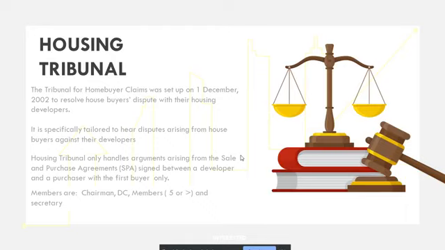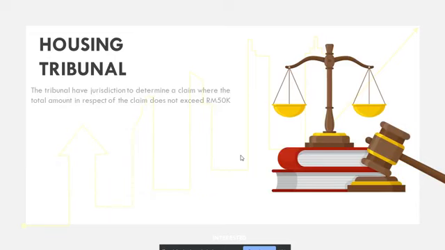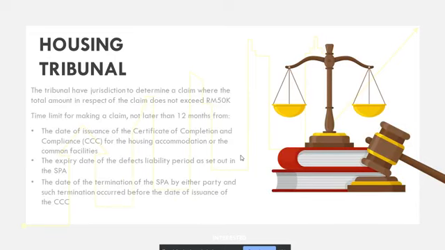So it might be challenging lah if you are expecting to file a claim melebihi 50,000. Due to claim boleh dibuat hanyalah 50,000 ke bawah sahaja. So member dalam tu adalah chairman, deputy chairman dan members melebihi 5 orang dan secretary. Ini kita boleh tengok, kalau nak lebih lagi boleh buka akta 118. So as I mentioned before, the tribunal jurisdiction determine the claim does not exceed 50k, tak boleh melebihi 50,000.